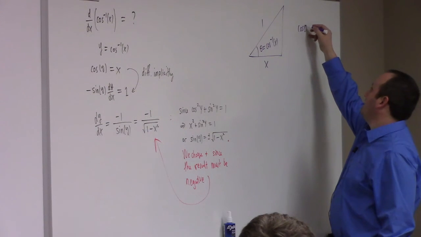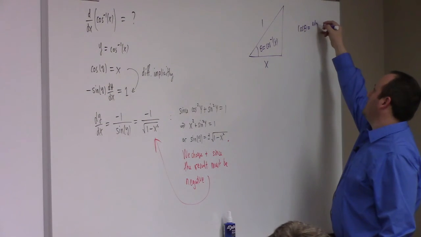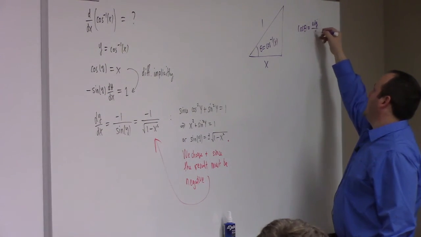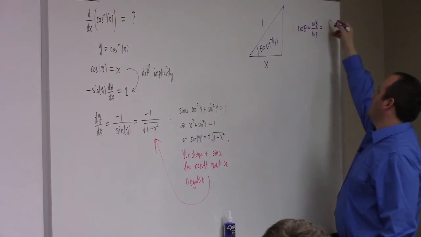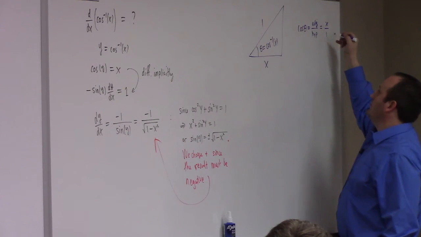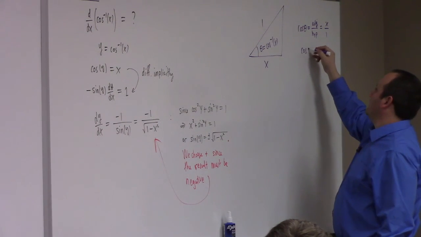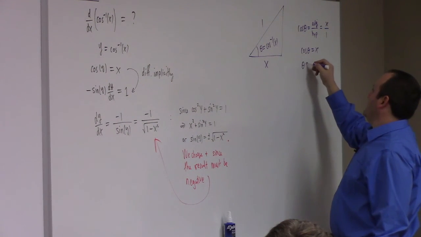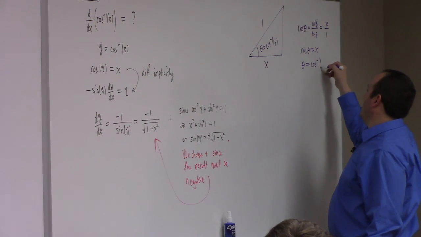Cosine of theta should be adjacent over hypotenuse, which makes sense, right? That's x over 1. So then cosine theta is equal to x, and theta is equal to inverse cosine of x, right? So the triangle, what I'm trying